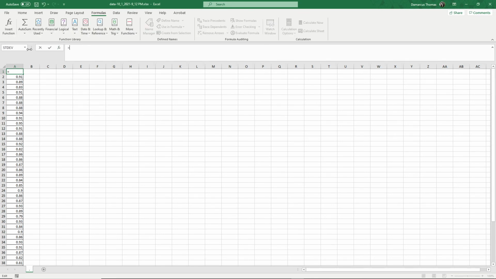We can go equals STDEV, and we're going to go from A1, let's see, let's make sure we can get that right value in there. A1 all the way down to